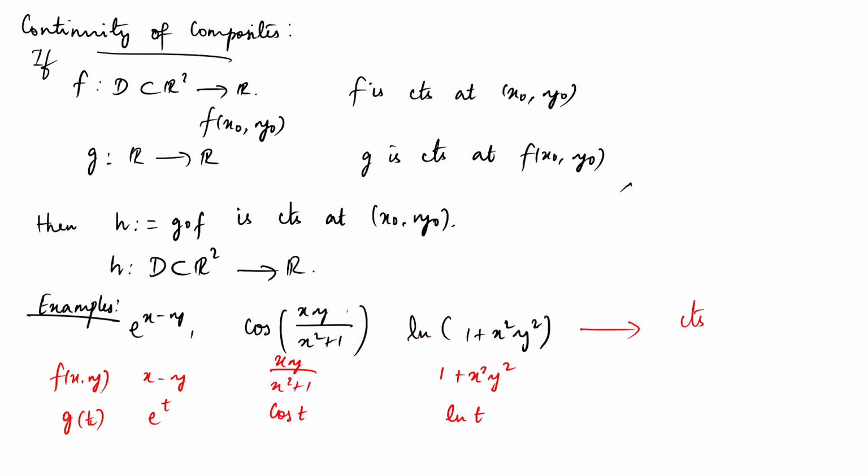If you look at your log, only positive values may be applied to the log function. But if you look at your f function, you may give any value as an input to f, and this one turns out to be a positive function. So these positive values may be applied to log. Here also your composition is a mapping from entire R2 to R only. These are some examples with which we conclude today's class.